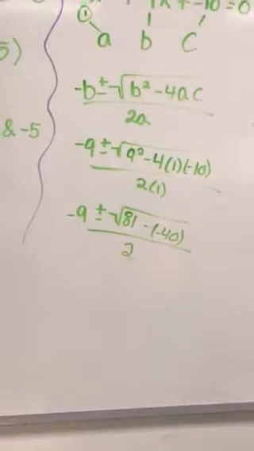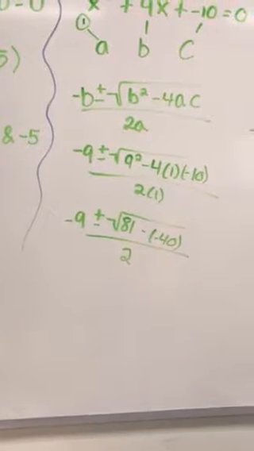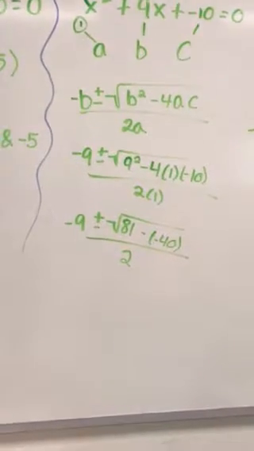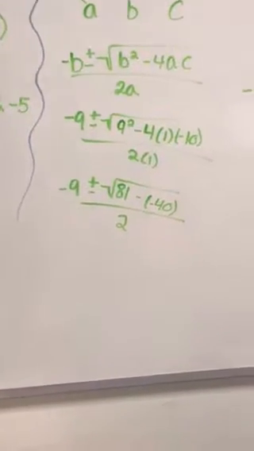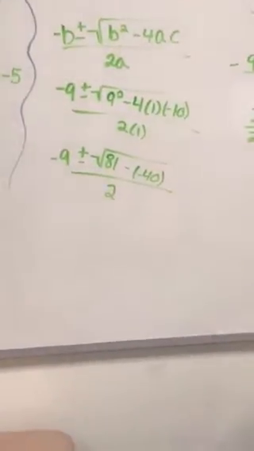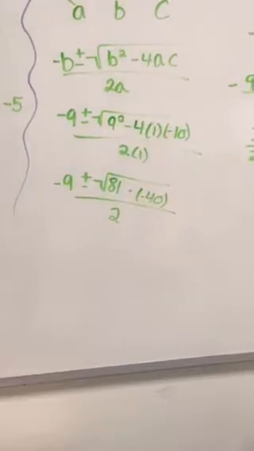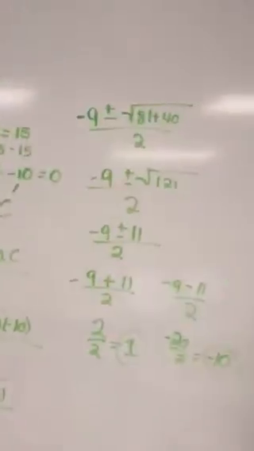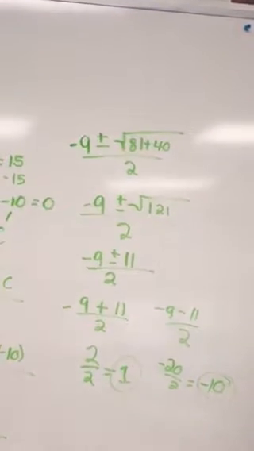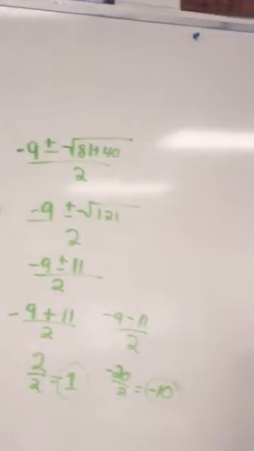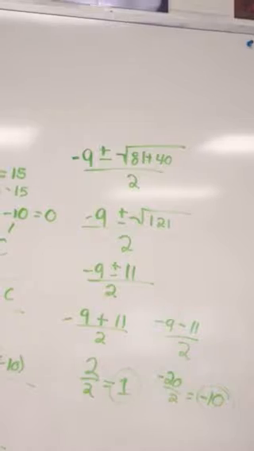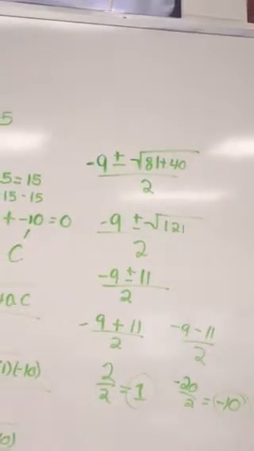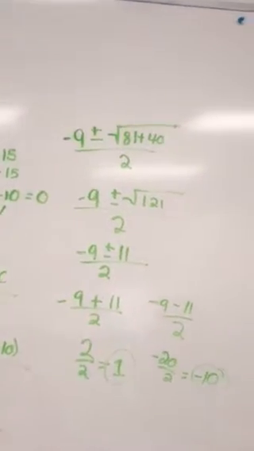And once we've done that, we get (-9 ± √(9² - 4(1)(-10))) / (2(1)). And then we slowly simplify that out. So we get (-9 ± √(81 - (-40))) / 2. But we know that when we have two negatives, or minus a negative, it's the same as addition. So you get (-9 ± √(81 + 40)) / 2,